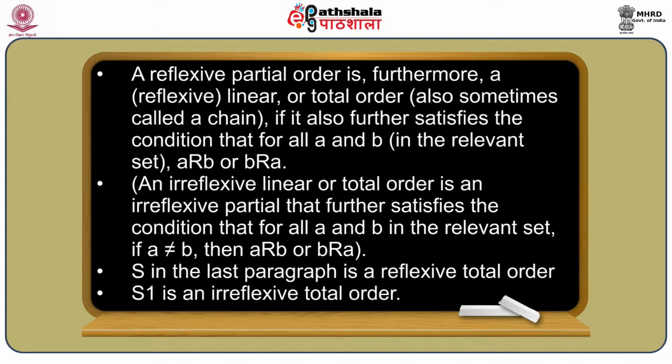further satisfies the condition that for all A and B in the relevant set, either A R B or B R A. An irreflexive linear or total order is an irreflexive partial order that further satisfies the condition that for all A and B in the relevant set, if A is not equal to B, then A R B or B R A. The relation S in the last paragraph is a reflexive total order, and S1 is an irreflexive